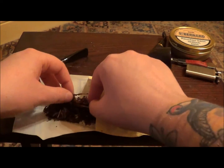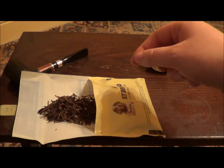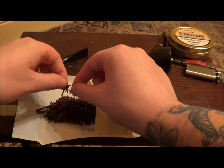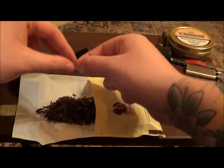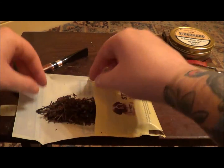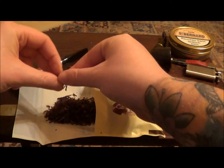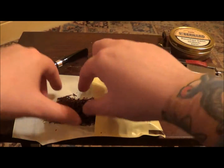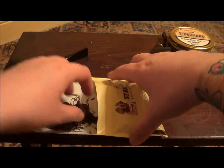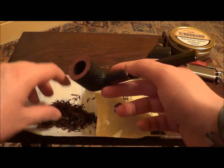So you've probably heard terms like the Frank method, which I'm not going to show you because I have yet to make it work for me. And there's a few other methods like the cannonball method, which again I've yet to make work for me. So once I do get it to work, I will share with you. But for now we're going to just cover the two simplest ones for ready rubbed. First one being the old classic, the gravity fill,